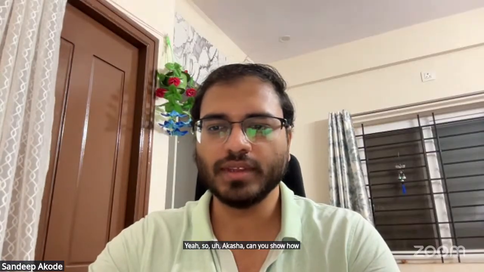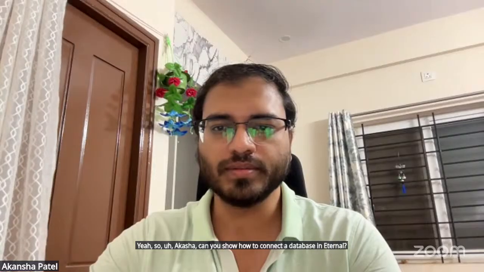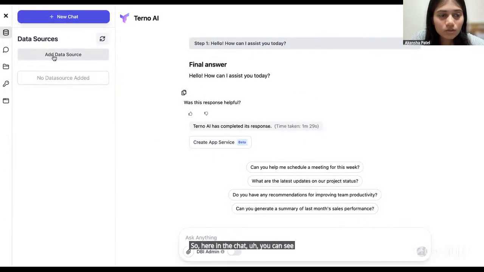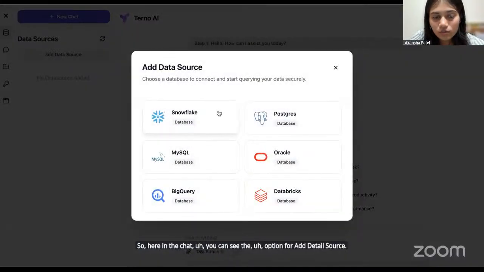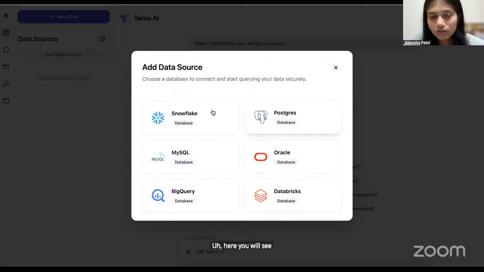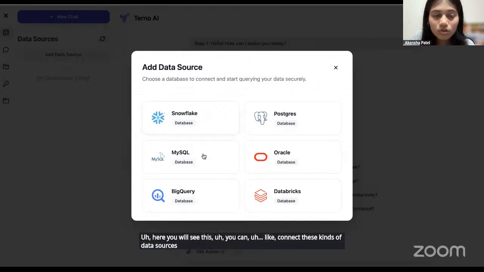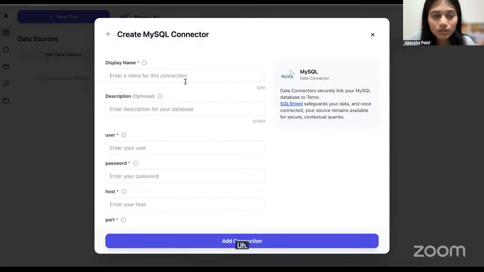Yeah. So Akansha, can you show how to connect a database in Turno? Yes. So here in the chat, you can see the option for add data source. Here you will see these. You can connect these kinds of data sources to Turno. Let's say I'll go with this MySQL connector. So you have to give the display name,